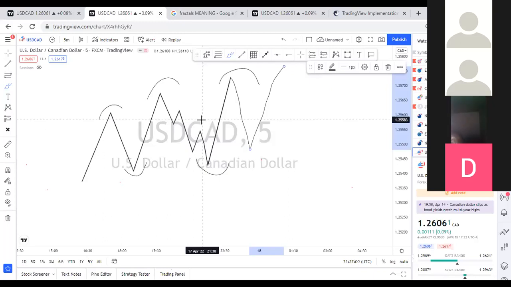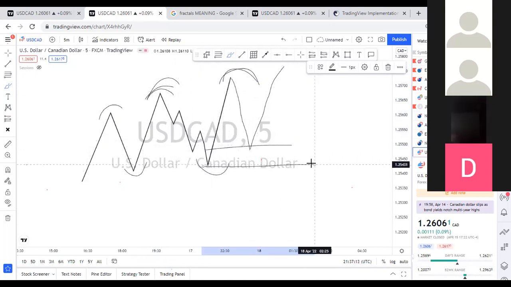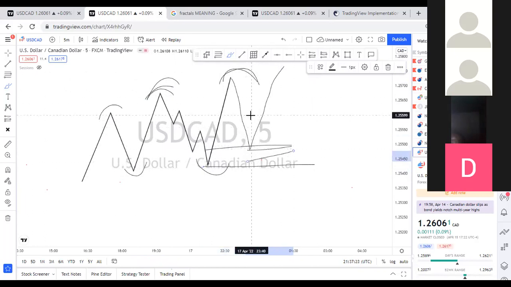So patience, just identify your structure. If it doesn't come back and it has closed above this high, or your higher time frame, and you now have a new higher high, mark out your recent higher low, your range, remember, and then you wait for it again. Price breaks that structure, comes back, and then you are good to go. So at least you will still get those trades. And that's why patience is very important. The market is not running away.